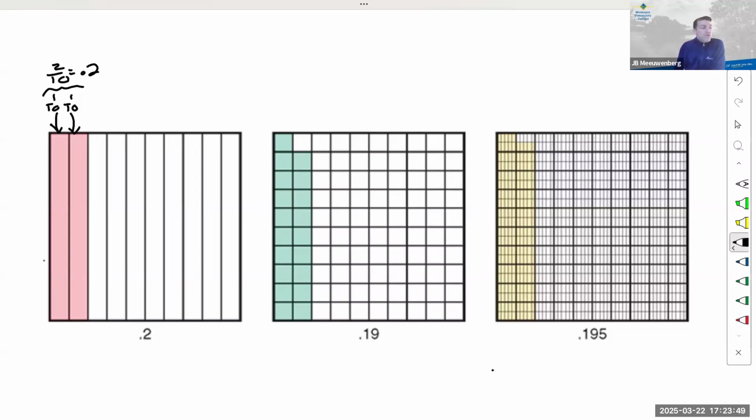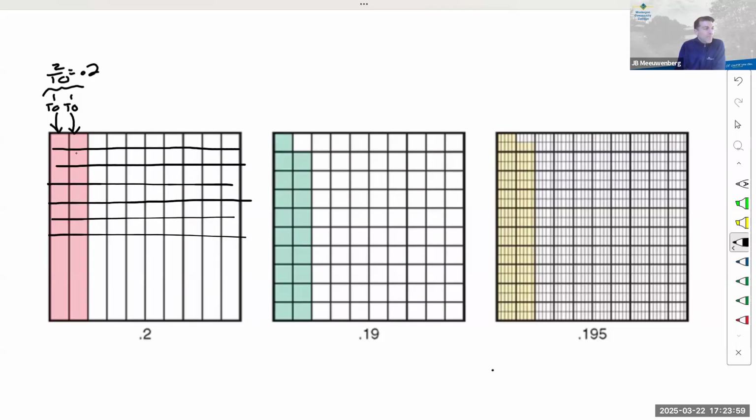Well, if you think about it as having 10 invisible lines going this way, I should count 6, 7, 8. Right. So there are 20 hundredths now, if we look at it in terms of hundredths, 20 hundredths. So this is representative of 20%,